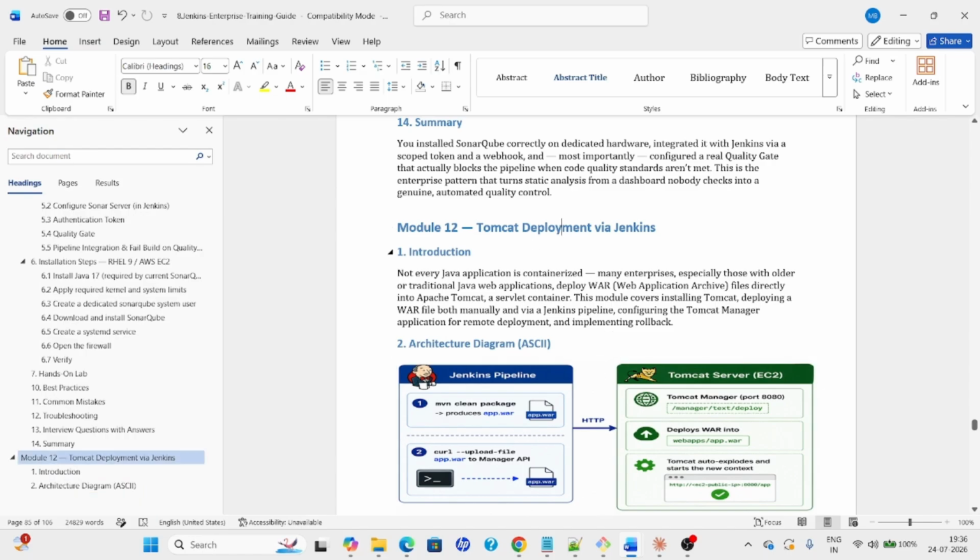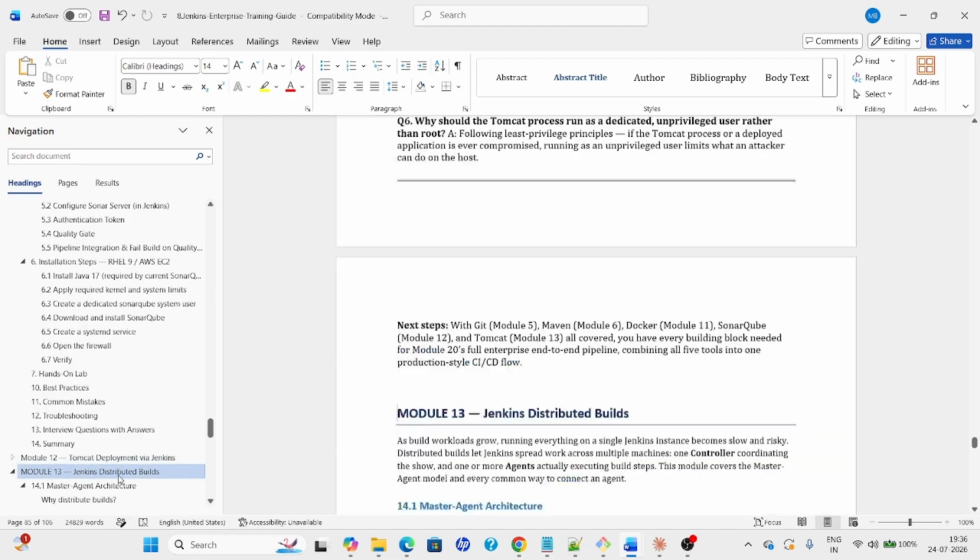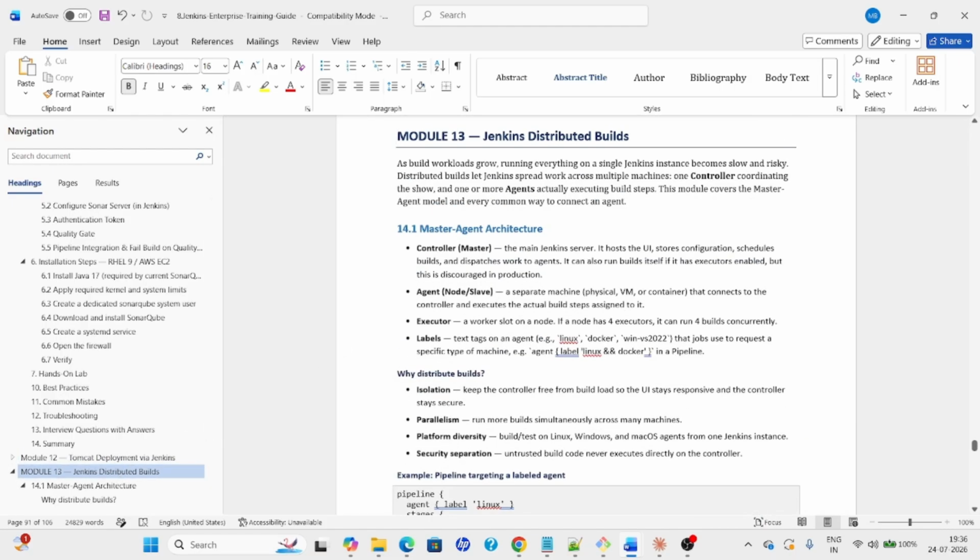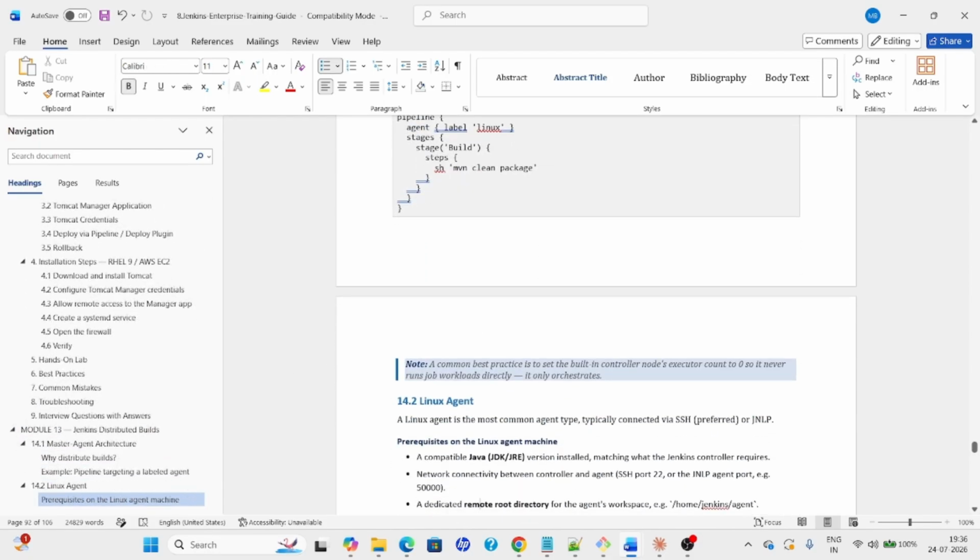Tomcat deployment we will discuss in the next class. In the next class, we are going to discuss Tomcat integration and then Jenkins distributed builds, which is nothing but master-slave architecture. We have already discussed two types of agent creation. Again, I am going to explain the rest of the types of agent creation with Linux and Windows as well. Then we will proceed further with backup, security, logs. Then finally we are going to discuss all the integration end to end, whatever we have done till now,